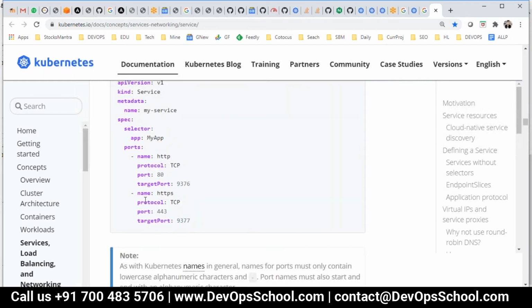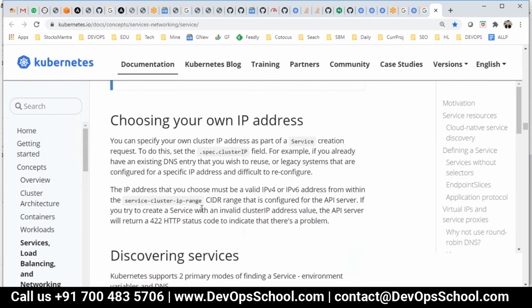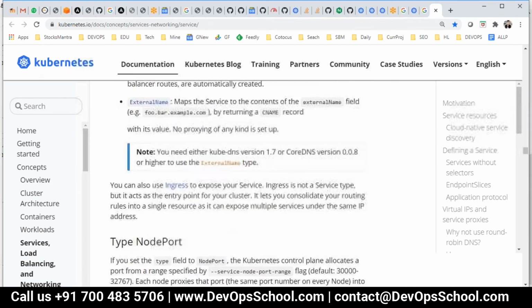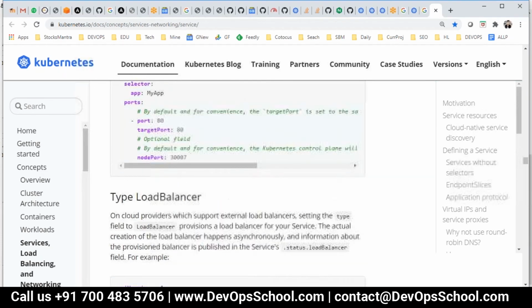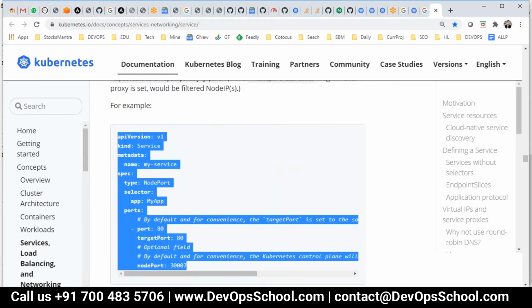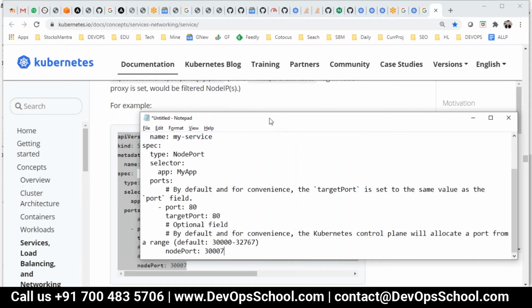Okay, just give me a second. This is the port, target port. This is a cluster IP only. Where is the node port? Let me search it. I got it. So here I needed to change that YAML a little bit, because in AWS it's a problem with AWS, not with that YAML file.